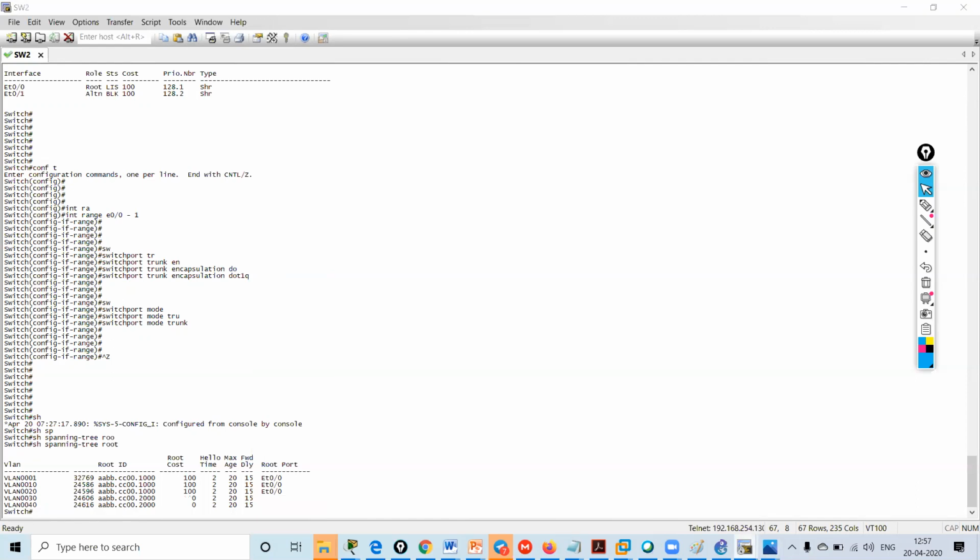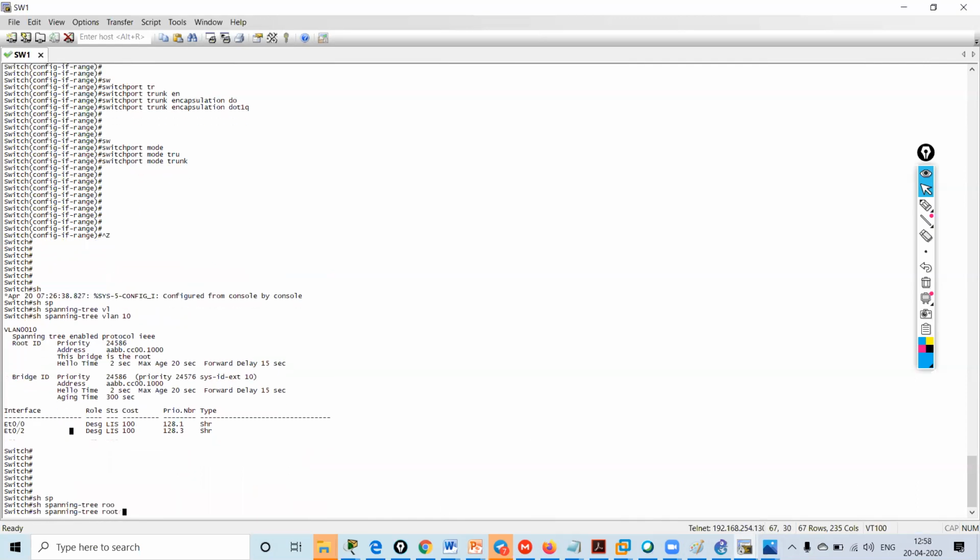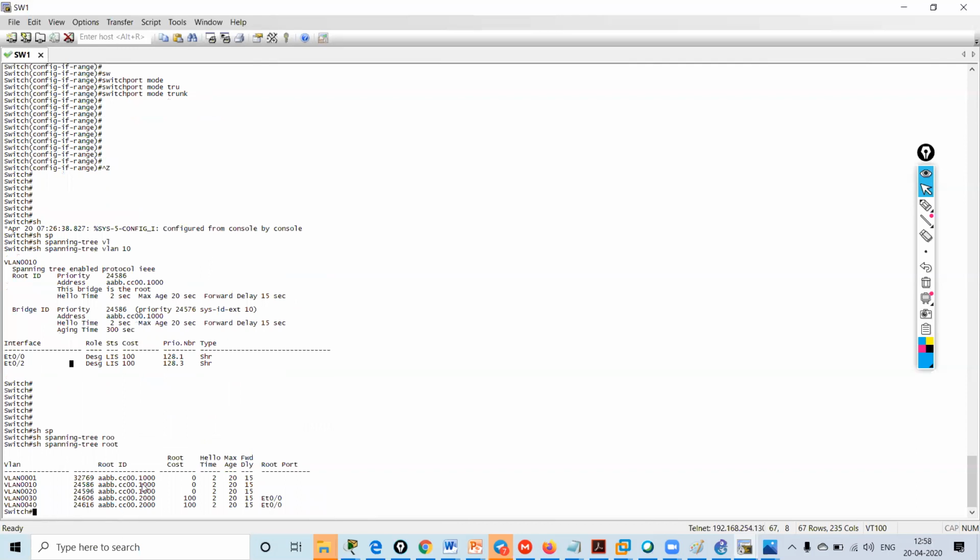Once I go to show spanning tree root, my cost for VLAN 10 and 20 is 0, because I am using this switch as my root bridge.